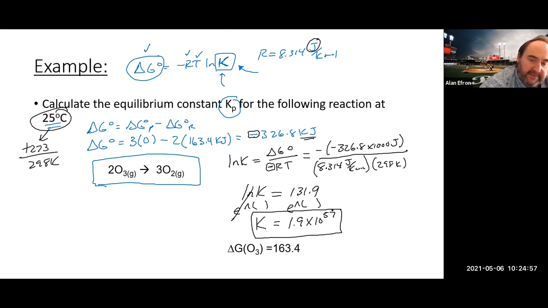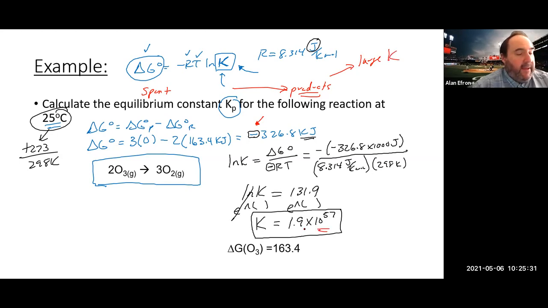Any questions on any of those steps along the way? Does this sort of make sense? Well, we know a couple of things, right? We see a negative delta G, which would imply this reaction is spontaneous. It would also imply that products would be favored. Since products are favored, we would anticipate a larger K value as we do products over reactants. And I would definitely say that qualifies as a large number for K. Any questions on that particular problem? Okay, I'll let you